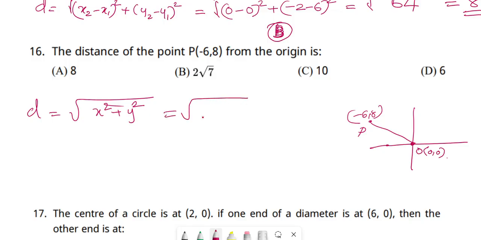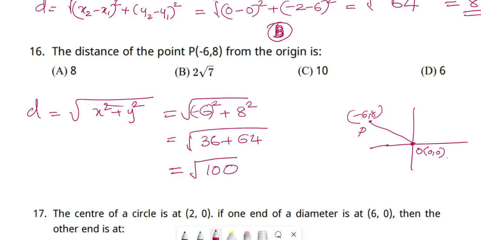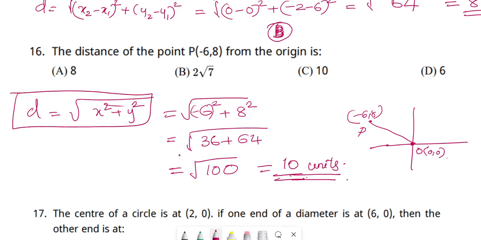So it can be written as root of (-6) the whole square plus 8 square. So (-6) square is 36 plus 8 square is 64. So 36 plus 64 is 100. So it will become root 100, and root 100 will become 10. So we get 10 units. That will be the correct answer. So the distance from the origin is given by the formula root of x square plus y square. So the correct answer is option